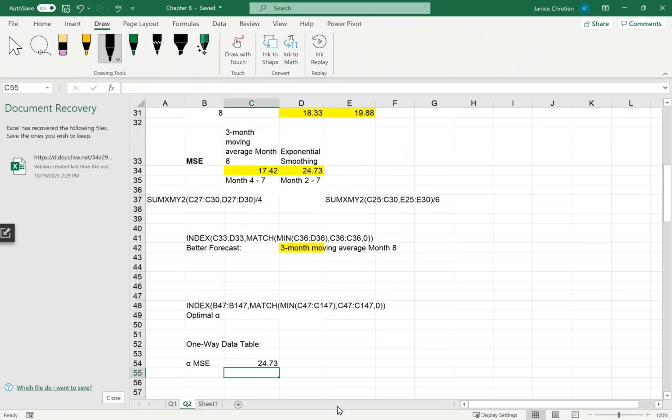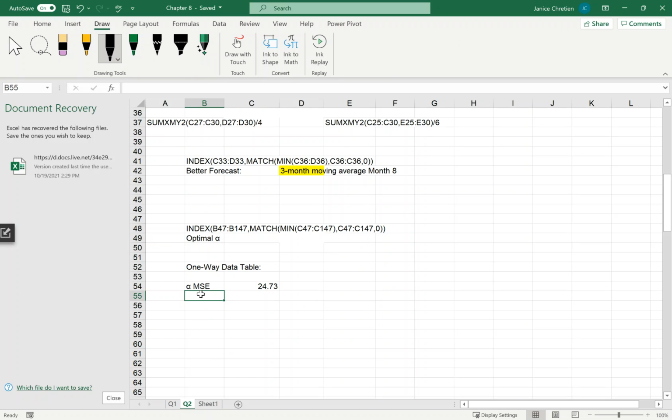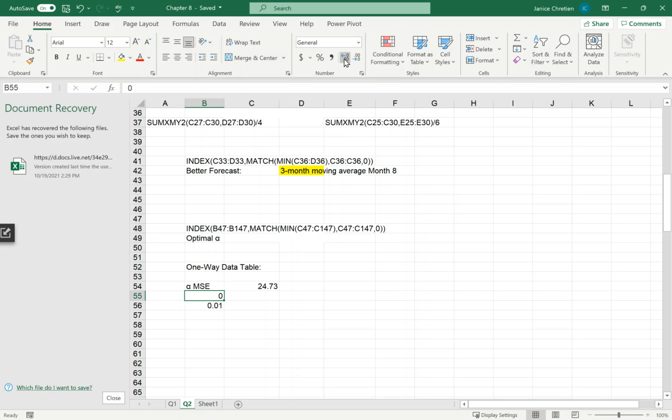So I want that there. Then I'm going to say 0.00, 0.01, all the way down. I want that to have the digits for me, going all the way down to 1. Since I am on row 55, I know that I can go down